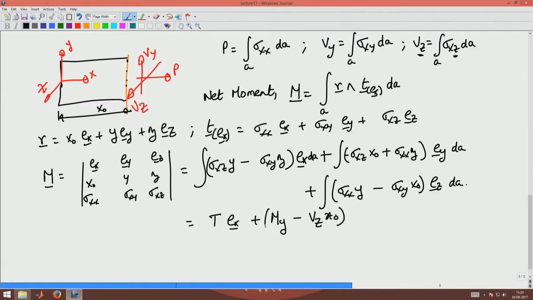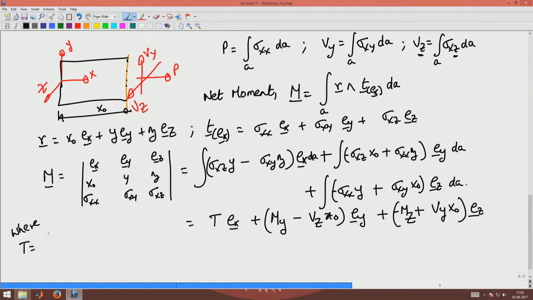I will explain shortly why this comes about, plus Mz moment minus Vy, no, I left a negative sign here, this should be negative, minus, plus Vy into x naught into Ez, where